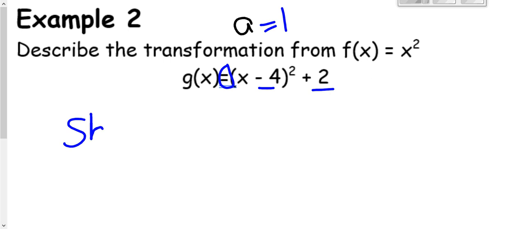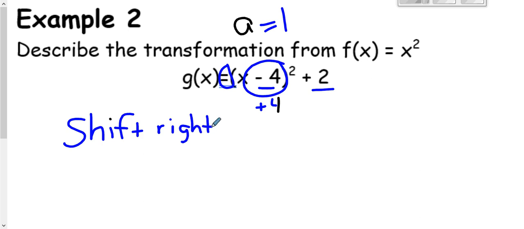So we know we are going to be shifting. Now this -4 means that my h value is actually what? A +4. And when you think about a +4, are we shifting left or right? +4 means we're going to shift to the right. You can always go back to Desmos and double check. So we're going right 4 and